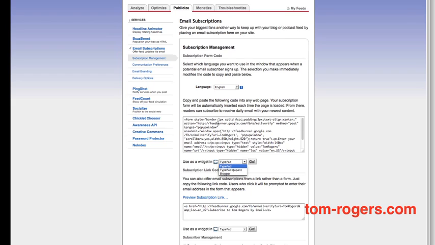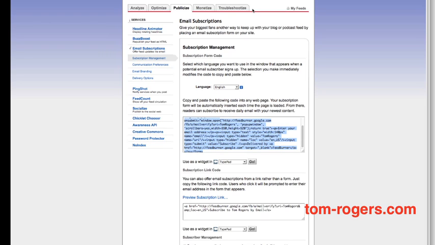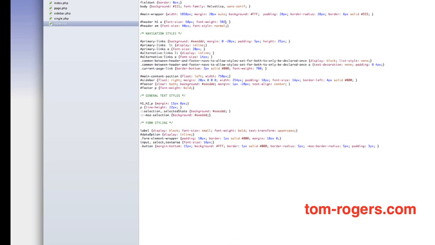So we're going to change the HTML and do what we need to do with it. So let's select all that, cut it,